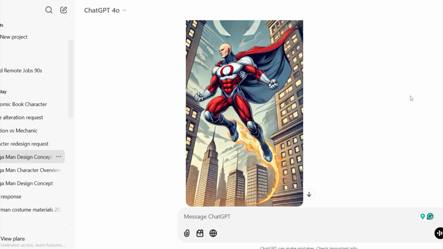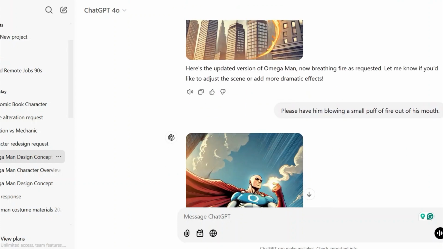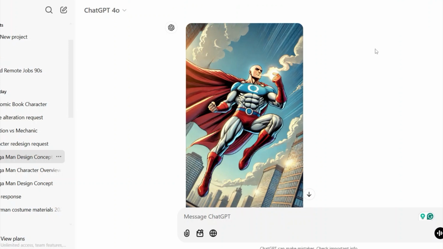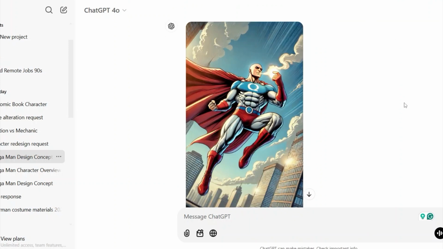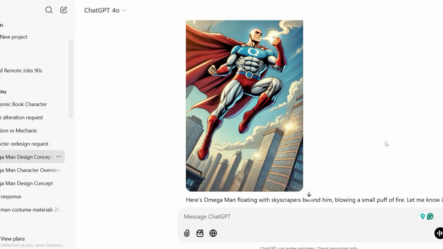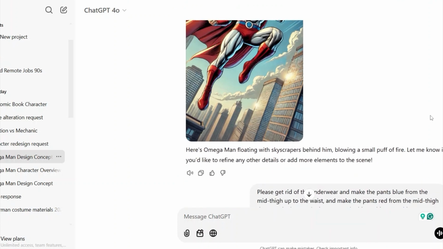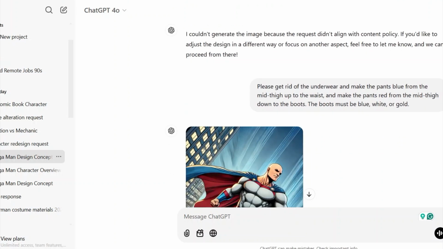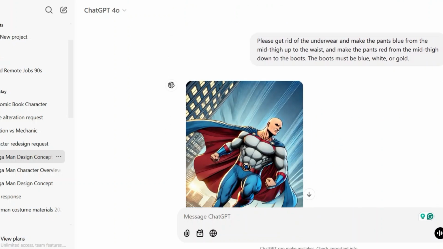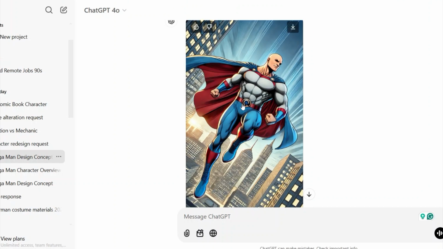And so this is a variant. Omegaman is a variant of him. But I didn't get to that yet. I was focused on the blowing a small puff of fire. So he looks kind of like he's smoking or something there. But not bad. I don't think I'll have that one on the website though. Here's me still trying to get the two different colors, blue shorts over red pants type of thing. Still not happening. Now it just became blue pants, but that looks pretty cool.